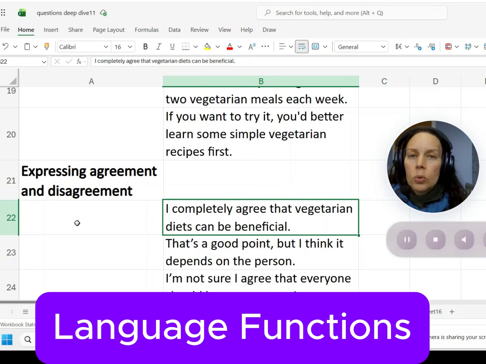We need to be ready to agree and disagree with the examiner so we can learn some things like this. I completely agree that vegetarian diets can be beneficial. You need to pay attention because maybe the examiner gives you a different type of sentence, nothing about vegetarian diets being beneficial. Maybe the examiner says the opposite and you're having to disagree with the examiner. So you can't memorize these. This is not something where you can memorize it and just say it without thinking. You do need to listen to the examiner, but this is helpful to give you a structure and to give you guidance on the types of sentences that you need to do.